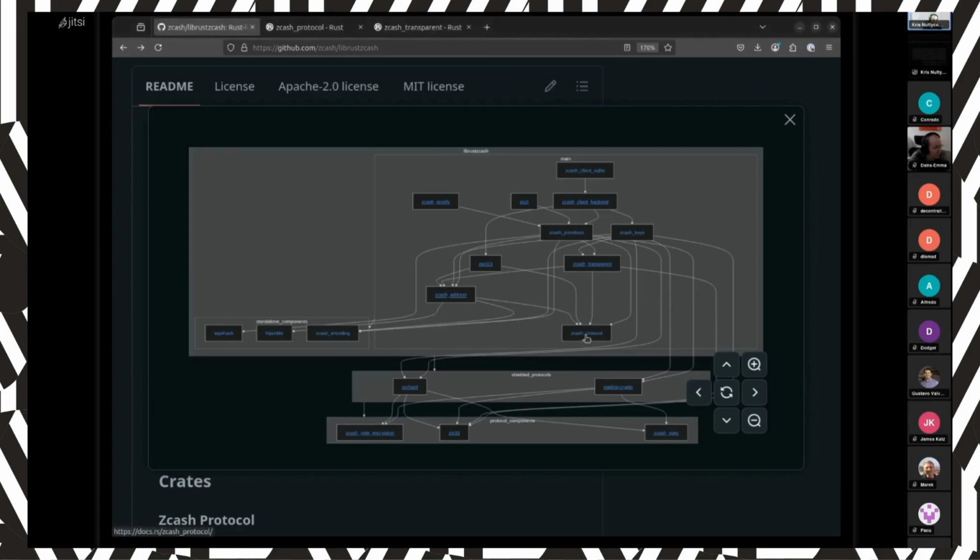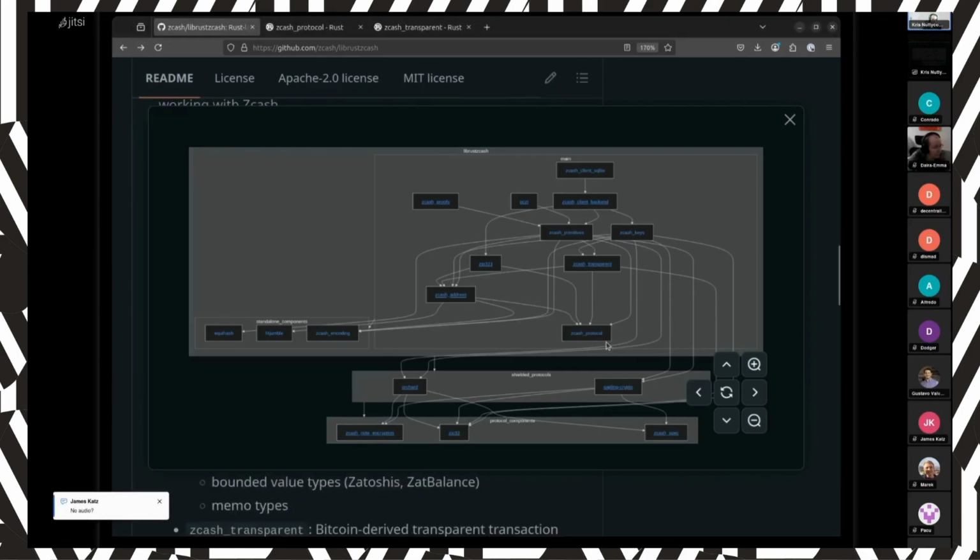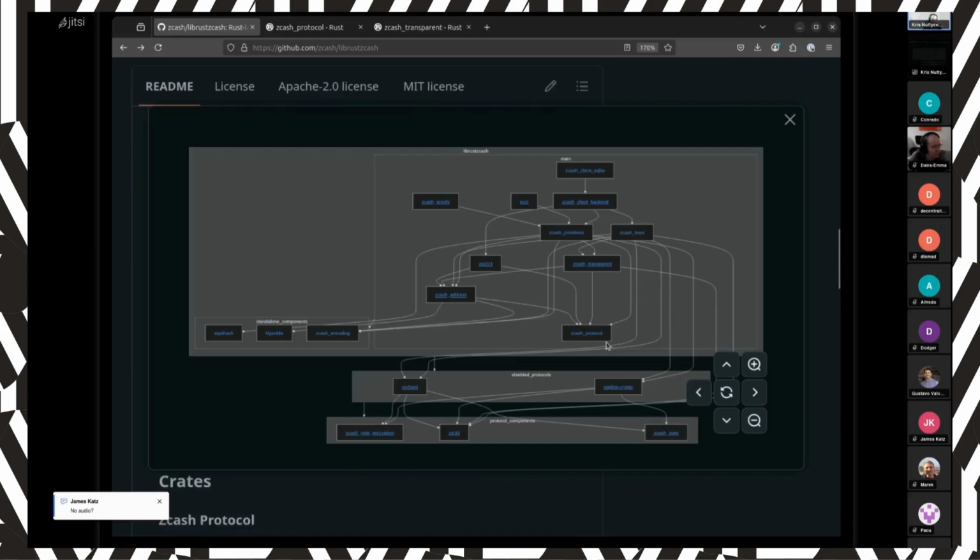We're going to start. I've just updated the librustzcash README with some high-level summaries of what each of the crates do, and added this graph of dependencies so you can visually see how everything relates to one another. And we're going to work through this graph from the bottom to the top. So at the very bottom here,